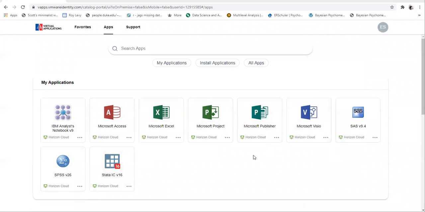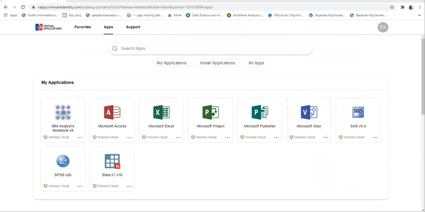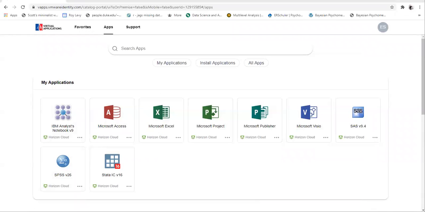So I'm going to go ahead and launch SAS on AU apps. You want to make sure you use the Horizon client. Do not use the browser. If you use the browser, you cannot download the dataset after you've cleaned it, nor the output. So I'm going to go ahead and launch that. And while that's launching,